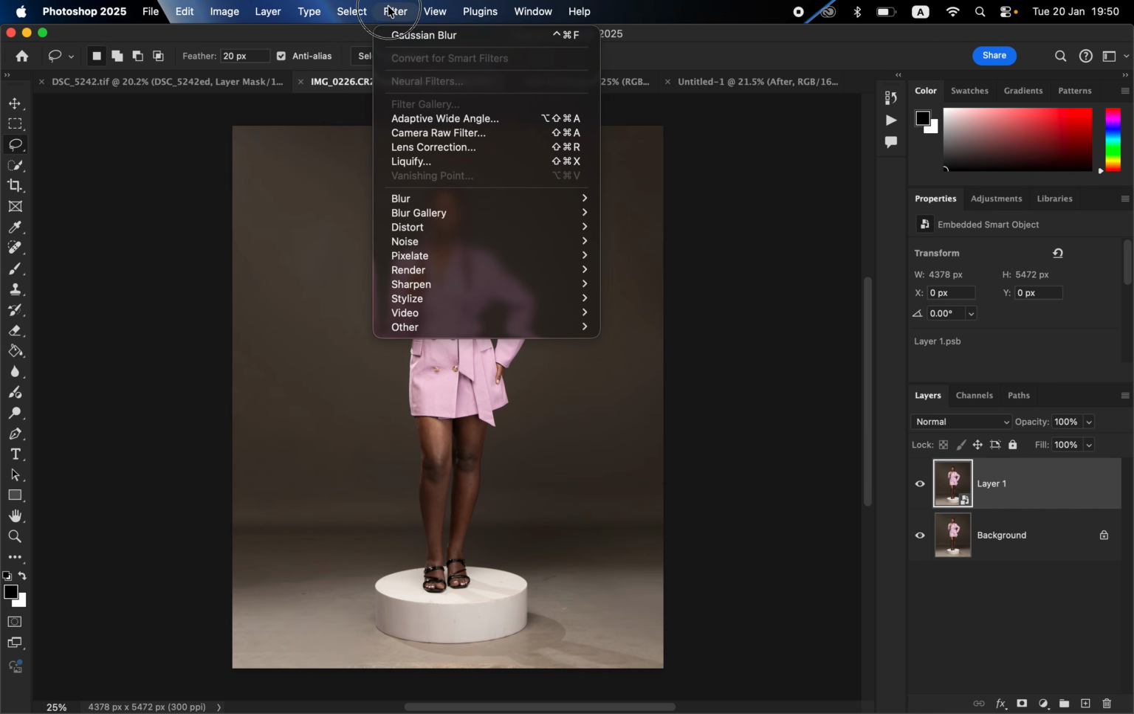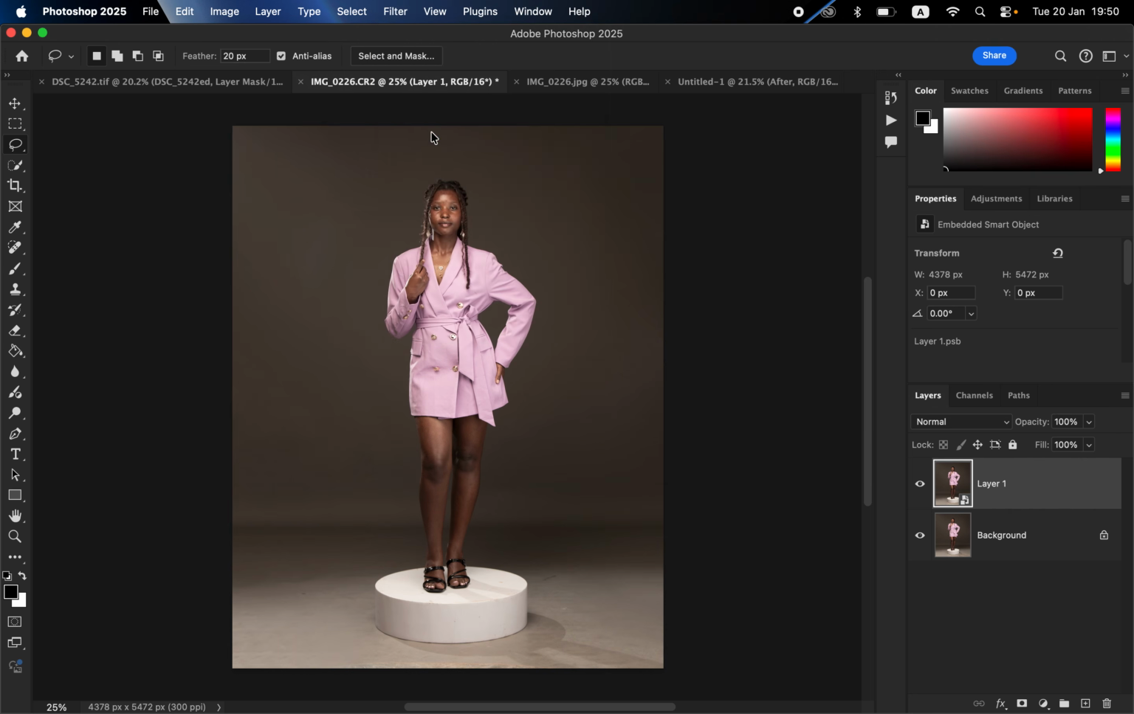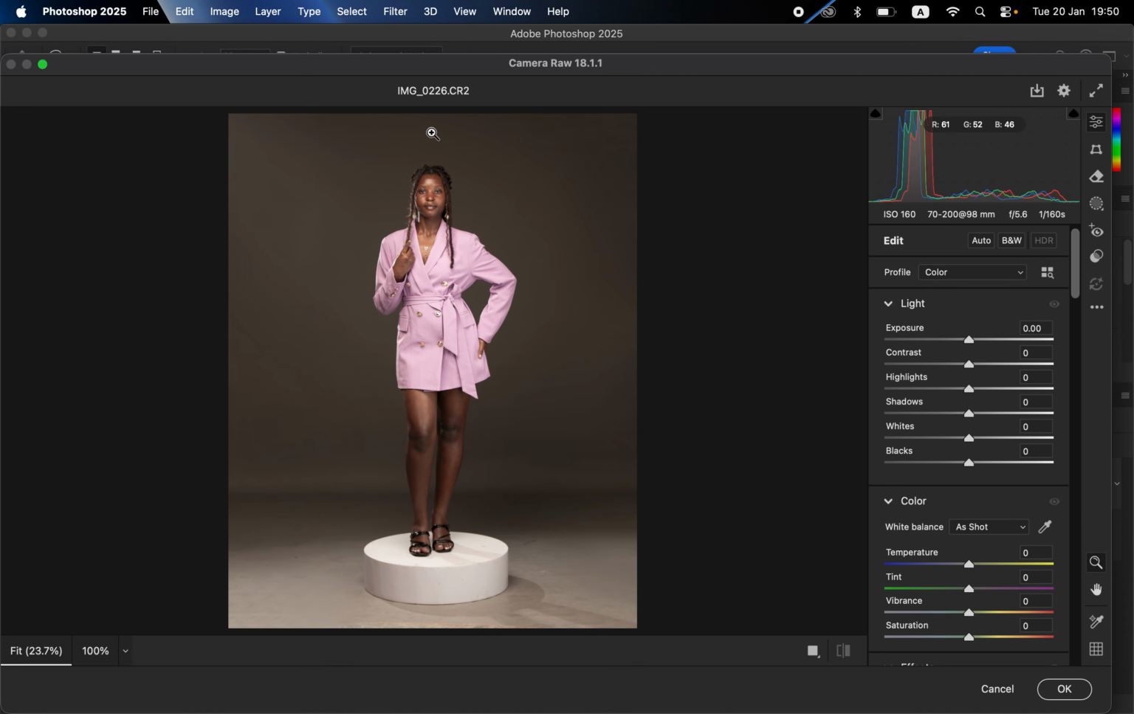Then we are going to come to filter and click on Camera Raw filter. So it is going to open up the Camera Raw filter. The very first thing to do before even color grading is correcting the contrast and a little bit of colors regarding the photo. You can see this image is lacking some contrast. So I'll just come to my contrast and increase the contrast of this photo. Then I'll take the blacks down slightly,